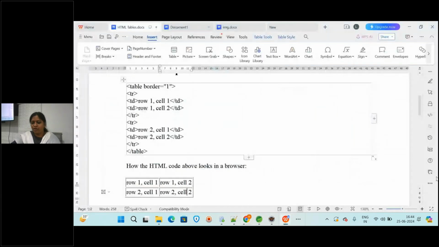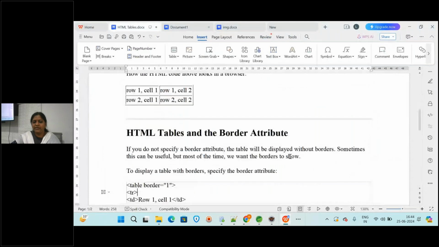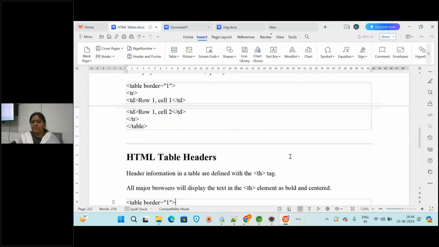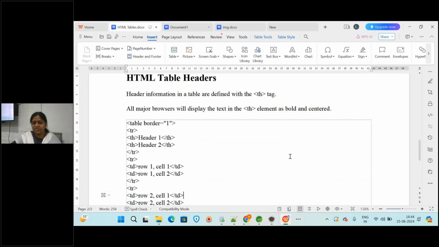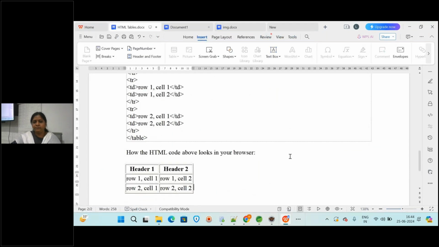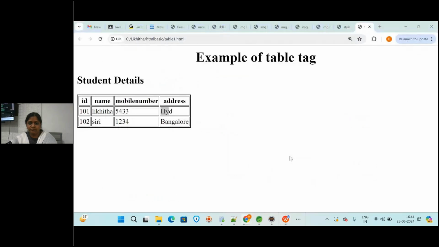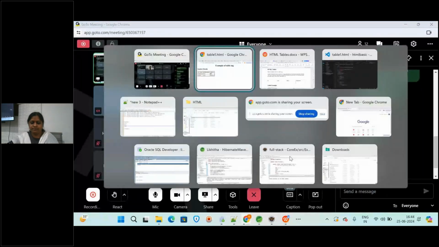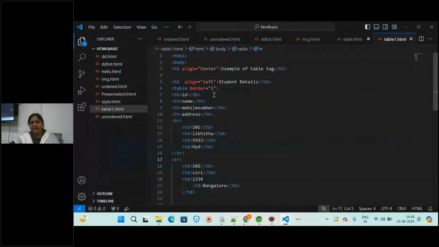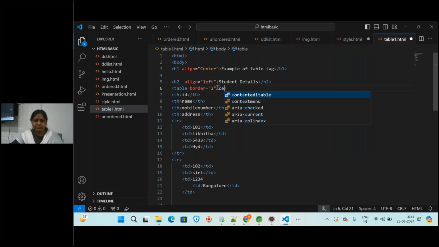So I will share this document also so that you can practice according to that, like what are the attributes about the table heading, everything was given here. You can just see this. So we have given here like table, border, and you want to specify the cell spacing. Suppose I'm giving here like, okay, let us mention for the table th.